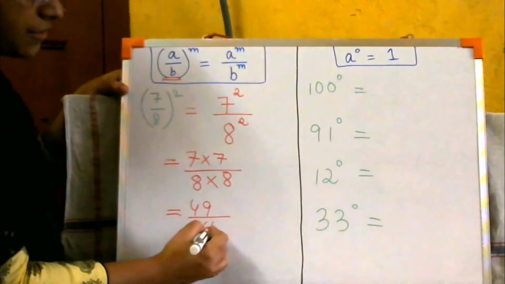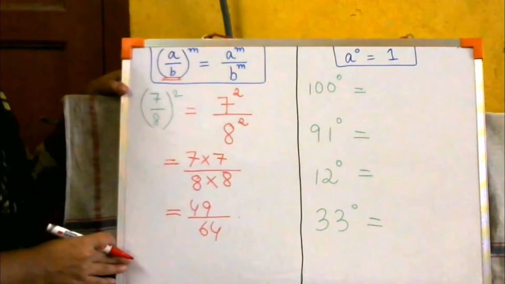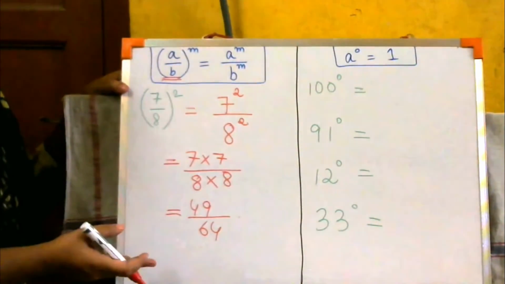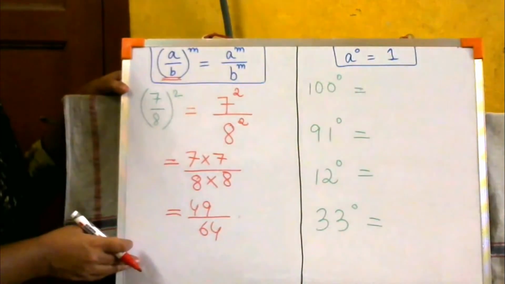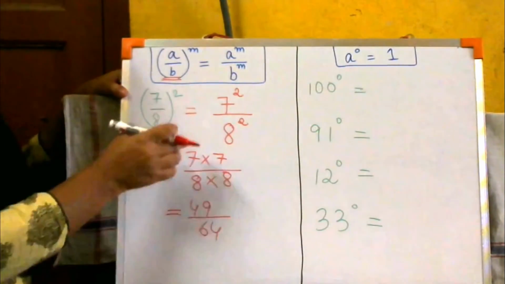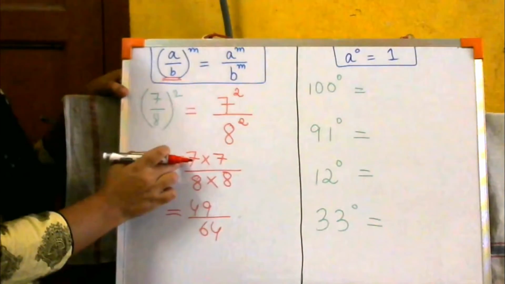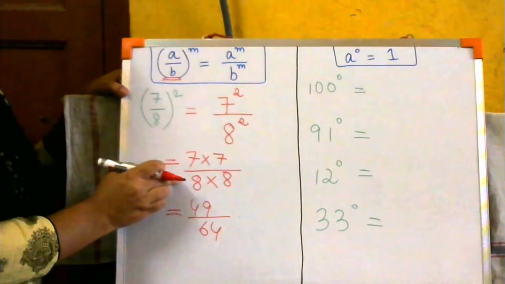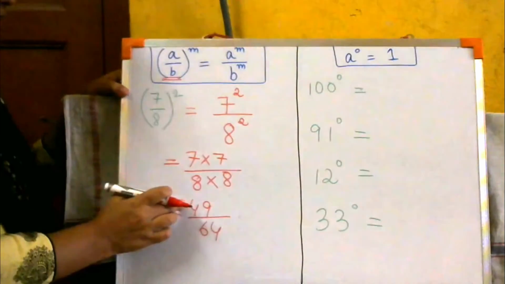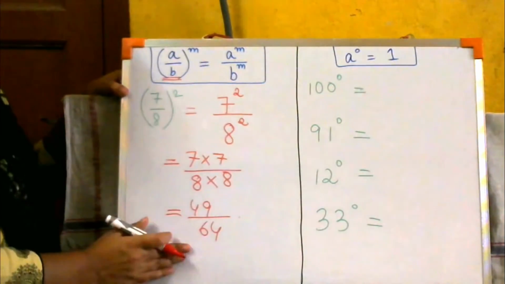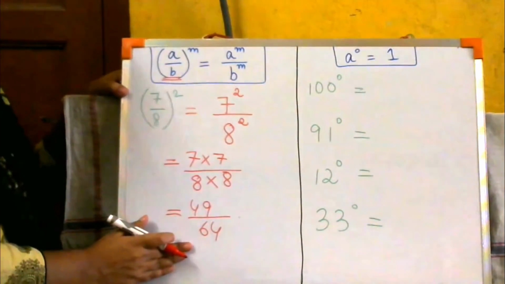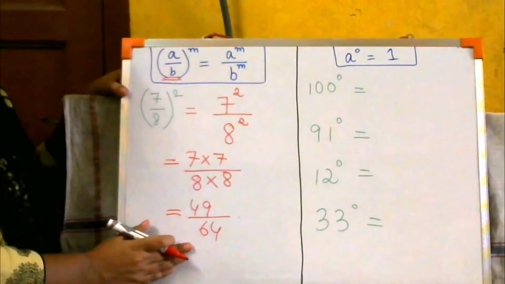8 eights are 64. If your table is strong. If not, I know in examination if people are going to use a calculator. Up to you. It's your future. So 7 to the power 2, 8 to the power 2. It means 7 is also 2 times, 8 is also 2 times. ठीक है, so 7 into 7 is 49, 8 into 8 is 64. This is your answer, 49 by 64. I hope you people have understood how to solve these sums now.